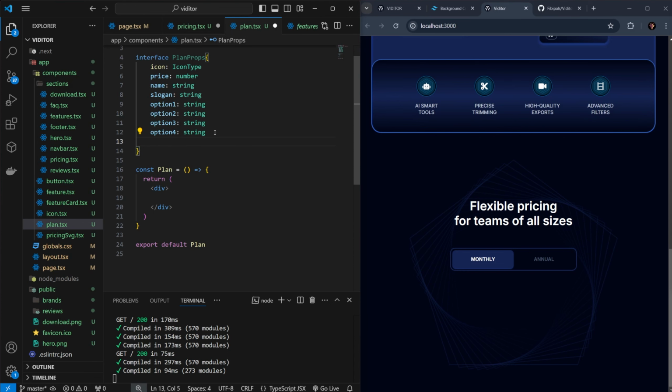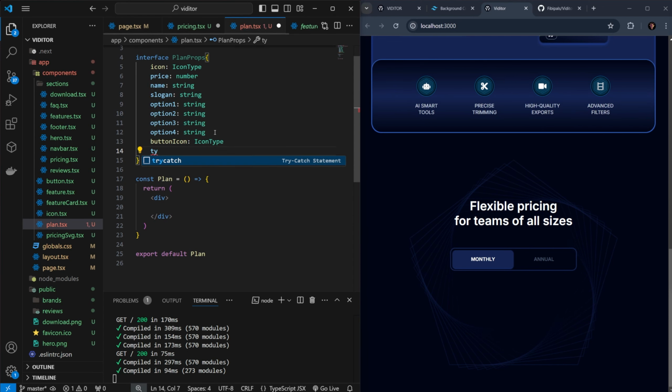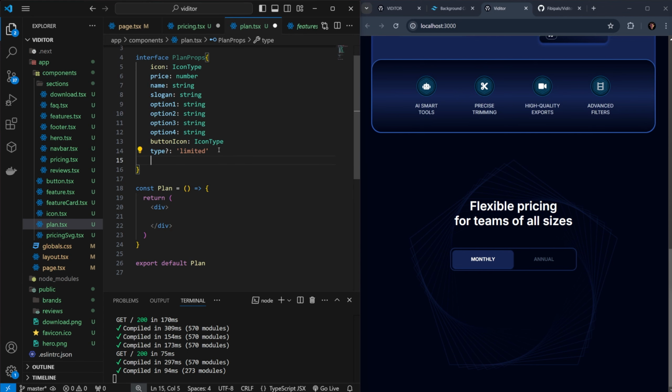Then we have buttonIcon of type icon type, then type of plan. It's optional as it can be limited or not, so limited, and then buttonLink